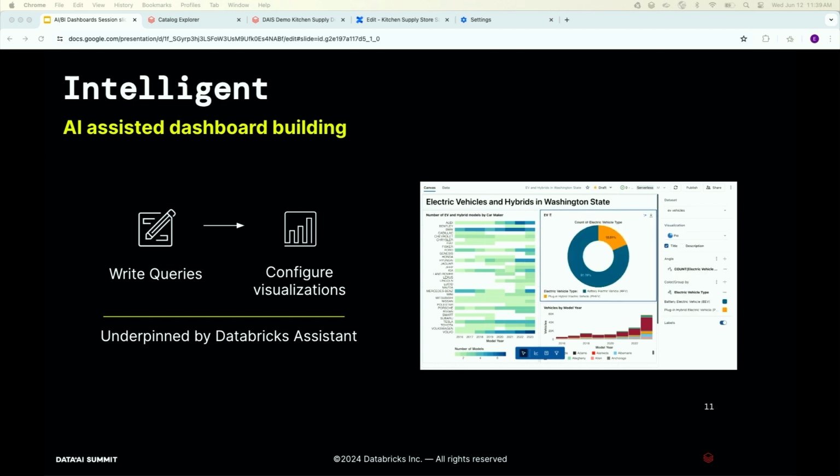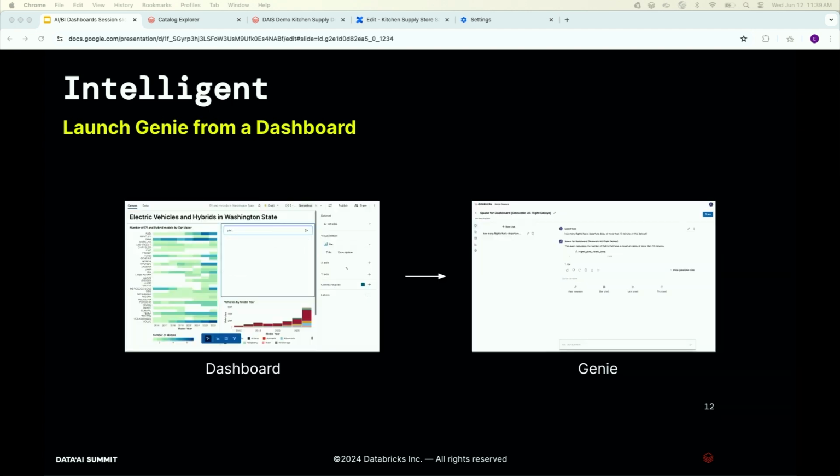And we've integrated the assistant into not only being able to help you write queries, debug queries, but also help you build visualizations from scratch using natural language once that data that you've pulled into the canvas. So I'll show what that looks like in a demo. But the other thing that makes dashboards in this case really special is that this is a direct gateway to